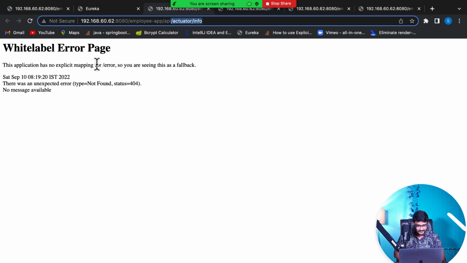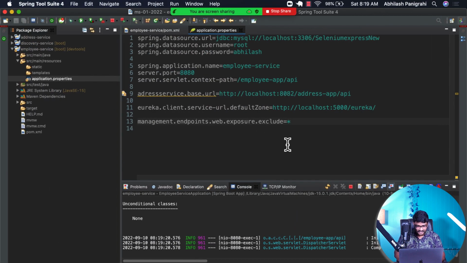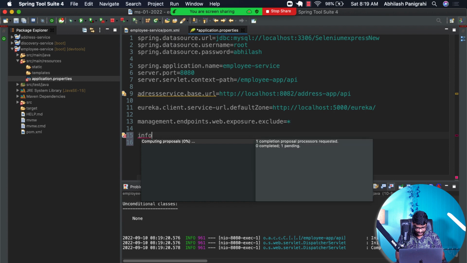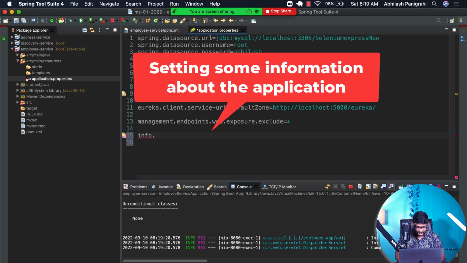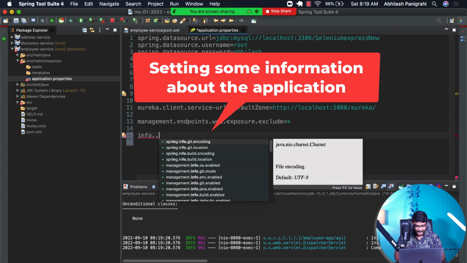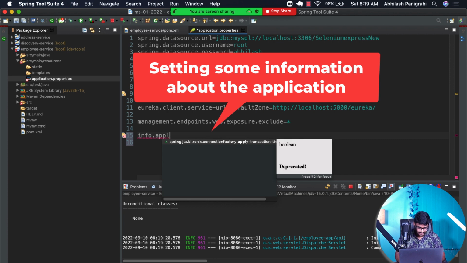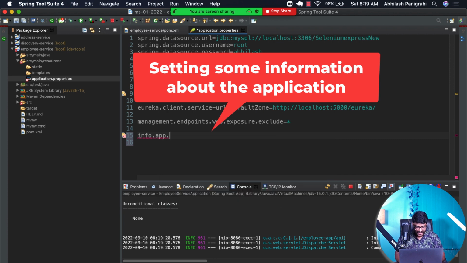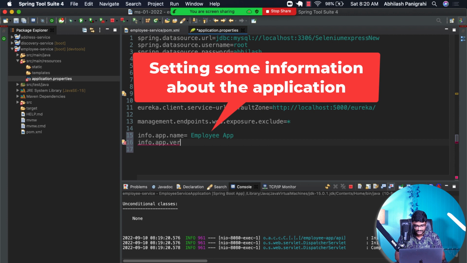The second thing is why I'm getting a 404 page again. So maybe I don't have any information set. Let me start setting some of the information. You can see there is the attribute called info, and I can set my information here. So I can just do info.app or application, whatever you want to write. Let's say info.app.name, and this is going to be my employee app, and info.app.version, let's say the app version is